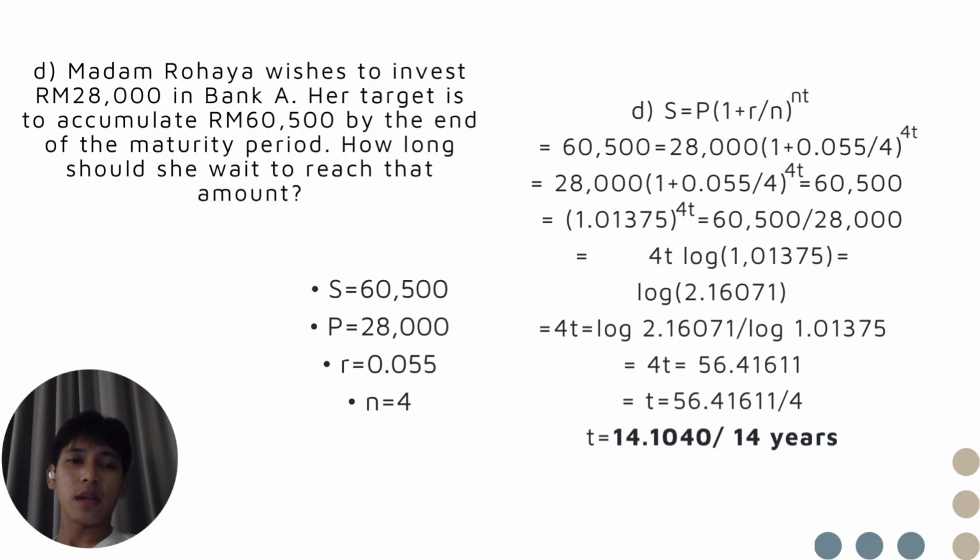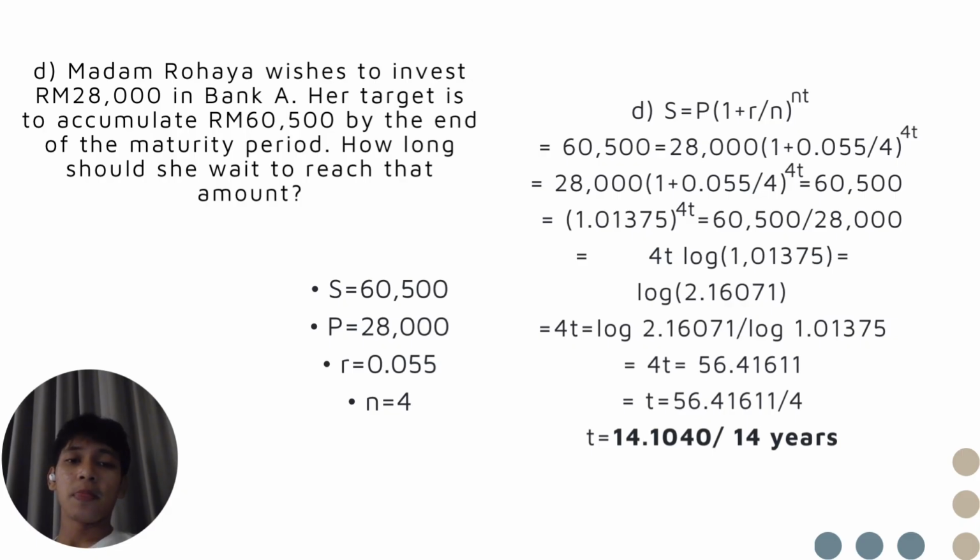1.01375 close bracket power of 4t equals 60,500 ringgit over 28,000, and then 4t log open bracket 1.01375 close bracket equals log open bracket 2.16071 close bracket, and then we will get 4t equals log 2.16071 over log 1.01375, and then for the answer it would be 4t equals